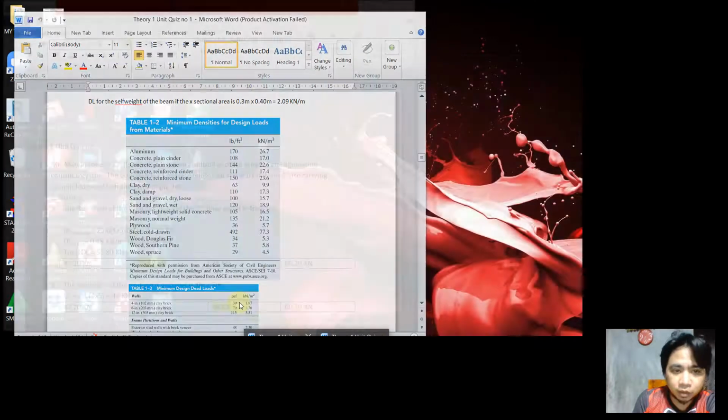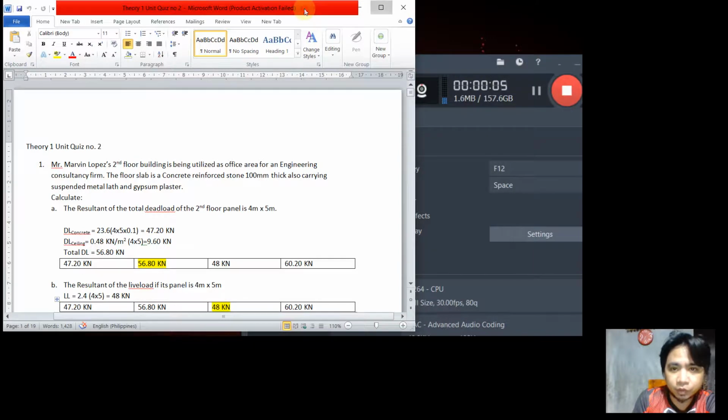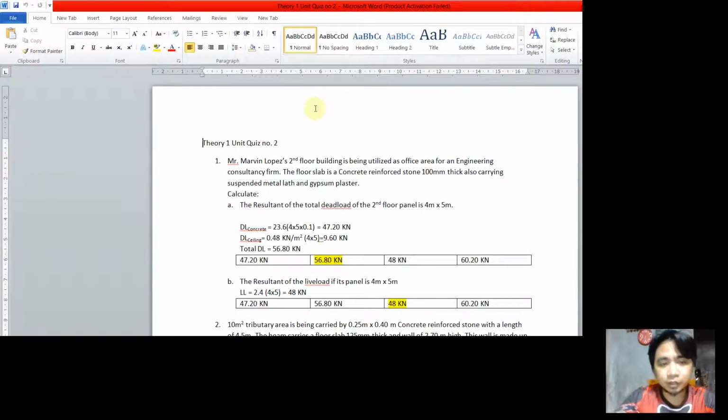Okay, so let us first solve our previous quiz on Theory 1, quiz number 2. For the problem on the dead load, may I read the problem? Mr. Marvin Lopez's second floor building is being utilized as an office area for an engineering consultancy firm. The floor slab is a reinforced concrete slab 100 millimeter thick, also carrying a suspended metal lath and gypsum plaster. So for number 1, we should consider here